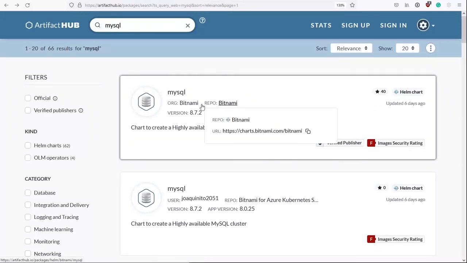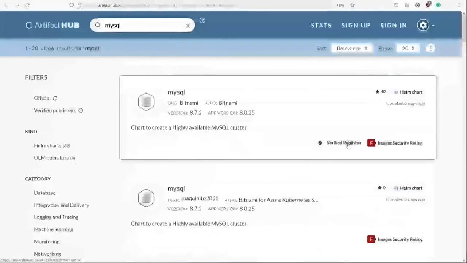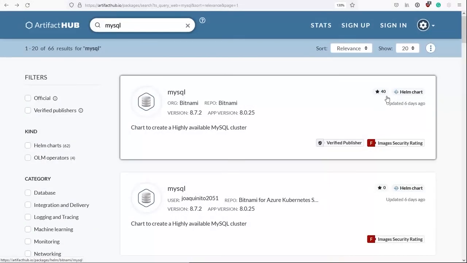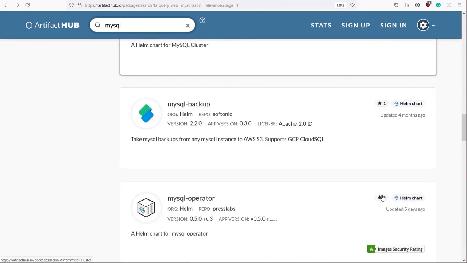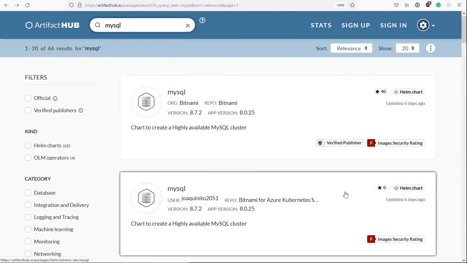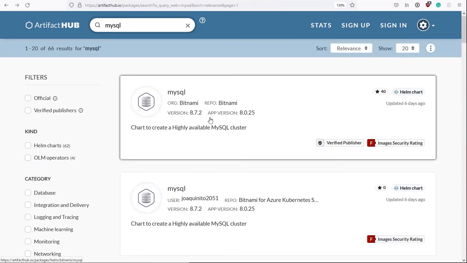Now, going back to the original demo, we picked out the Bitnami repository. I have no connection whatsoever with Bitnami. It's the first result in the list. Now, they do appear to put some kind of weighting on the results, and certainly the fact that there are quite a few stars alongside this repository does make it feel like a popular repository. And I don't know, 40 doesn't sound a lot, but most of these repositories have 0 stars or 1 and 2 stars. So Bitnami does feel like the biggest match for when we did a search for MySQL.